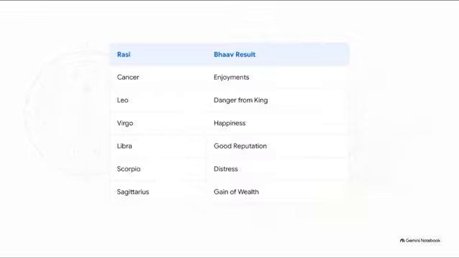Moving forward, Sagittarius provides a great gain of knowledge and wealth, while Capricorn threatens potential public disgrace. Aquarius warns of business loss, and finally Pisces rounds it out by bringing travels to distant lands. It's quite a dynamic roller coaster, isn't it?